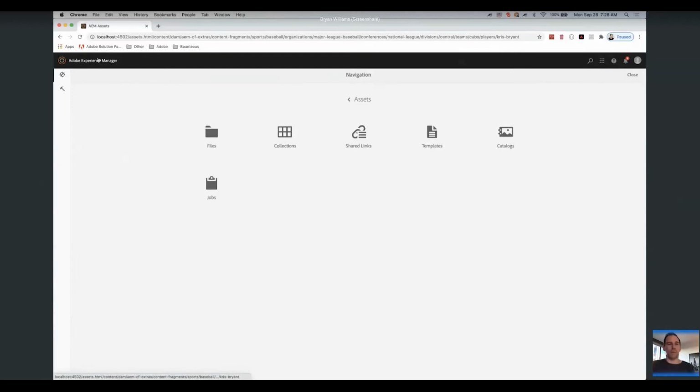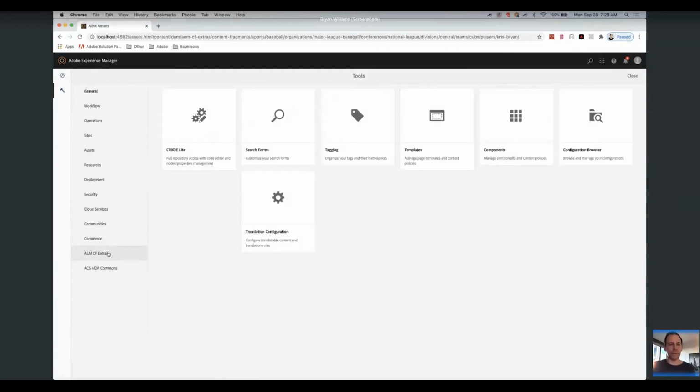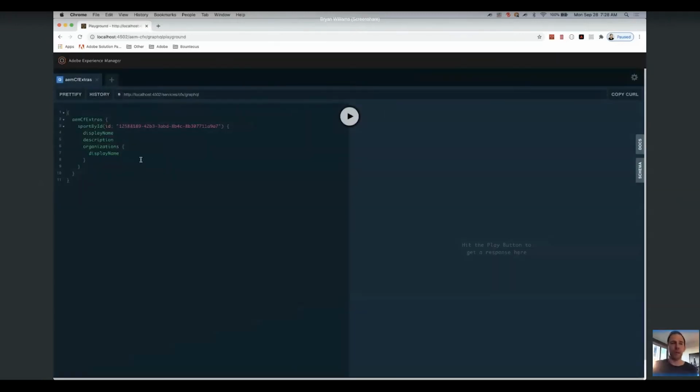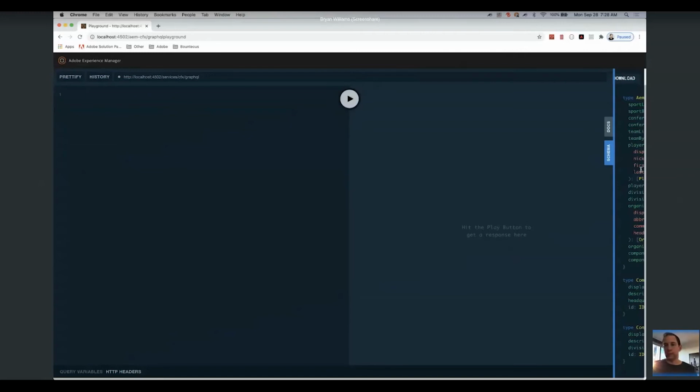So now let's see the GraphQL piece. If I go down here to AEM CF Extras, let's open the GraphQL Playground. I've already got a query set up here. Let's go ahead and erase that. All right, so first let's start out showing that in the GraphQL Playground, we're actually pulling back